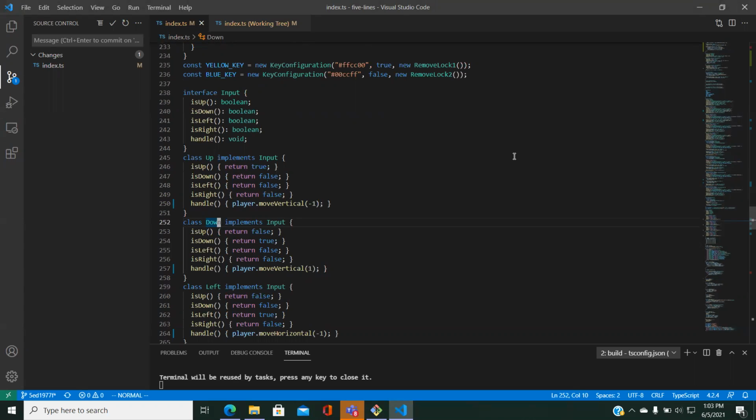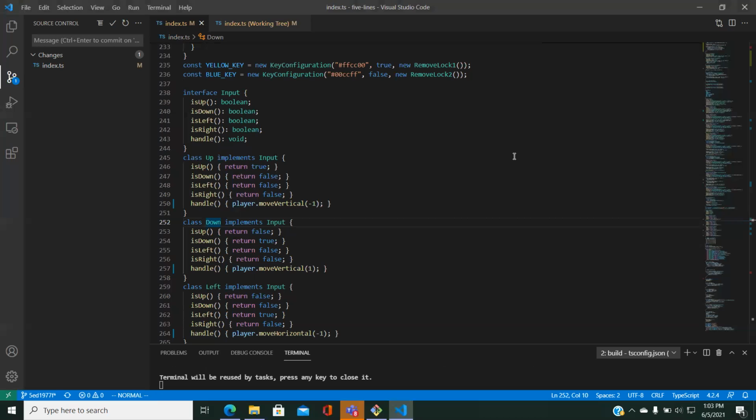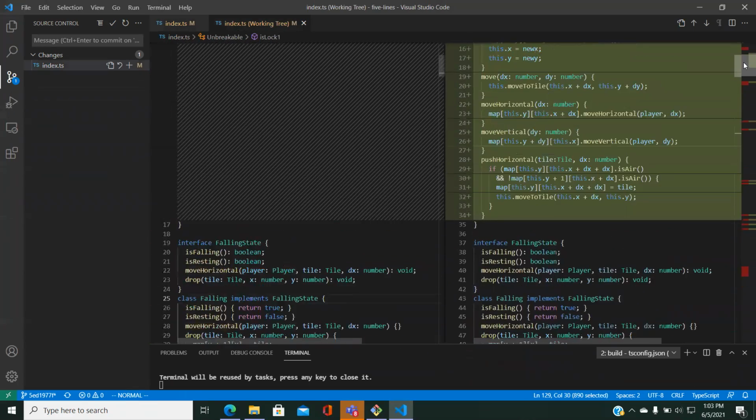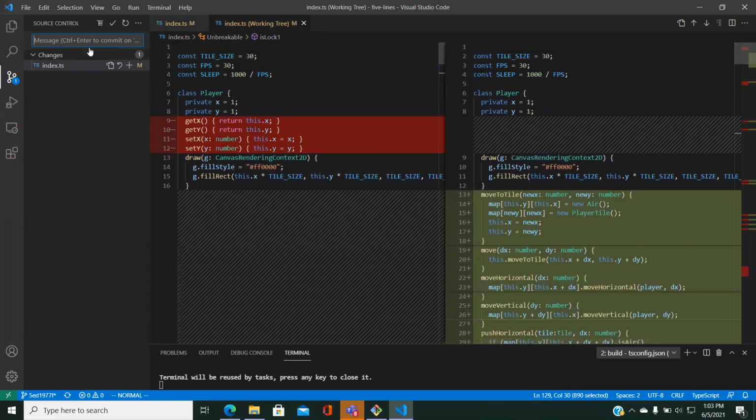And see, did we? I don't remember. Did we compile? Make sure that we didn't break anything. Let's do that. Okay, so we got it working. And so basically what we did is we pushed methods into the player object to further encapsulate the functionality, and we removed getters and setters from player